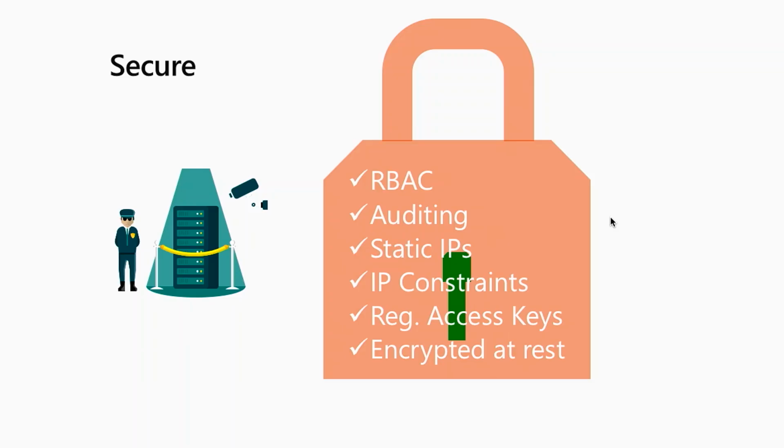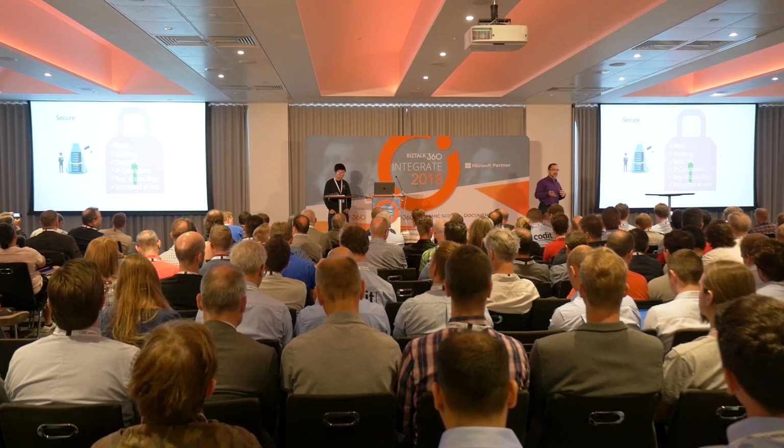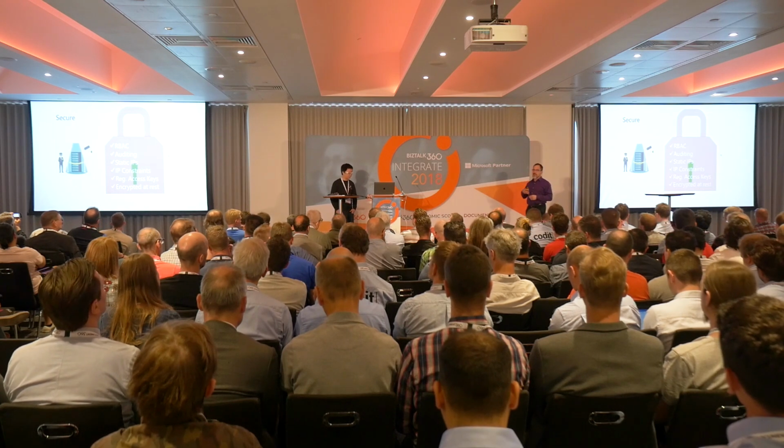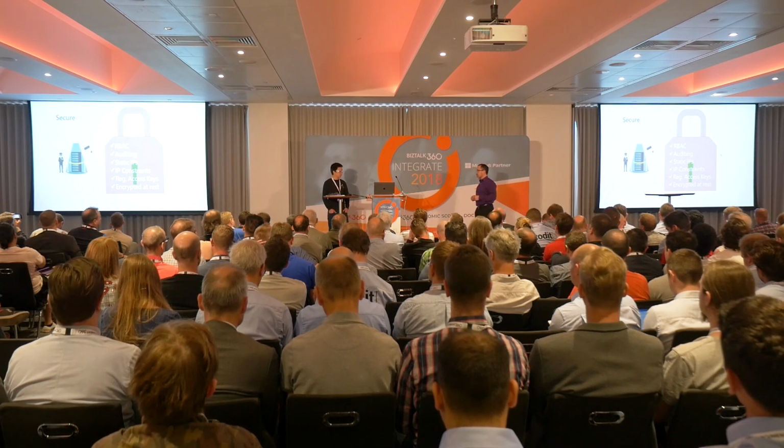Logic Apps is secure. We're built in Azure as an ARM resource, so we have role-based access security, so you can have the distinction between operators versus developers. We do auditing, so every change that happens in your Logic app is audited, so you know who's made a change to your Logic app, so you can do that for production. We have static IPs, so if you need to have network rules, you can go ahead and trust the set of IPs that we give you to set up those network rules.